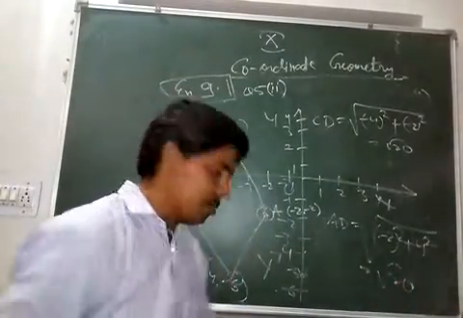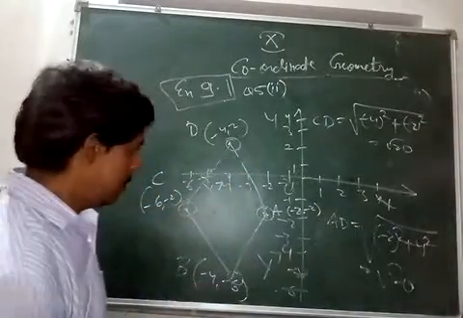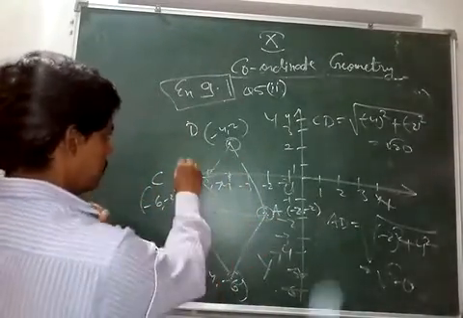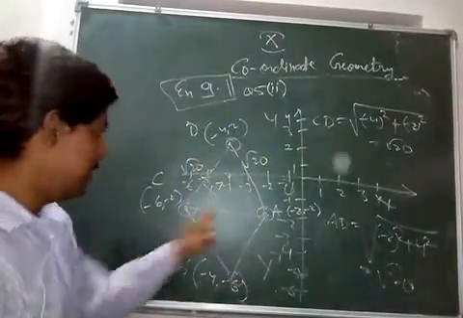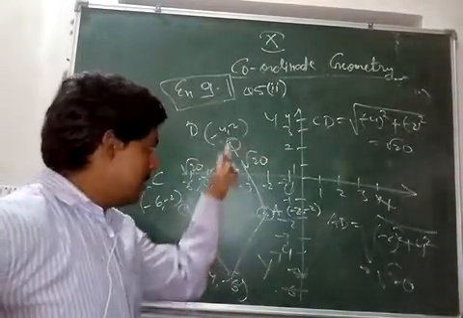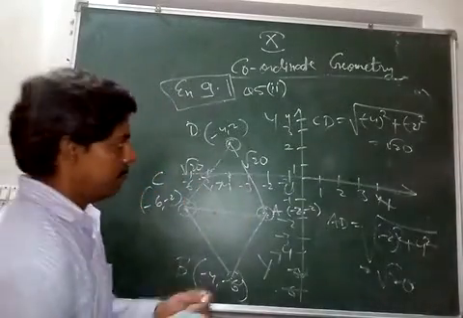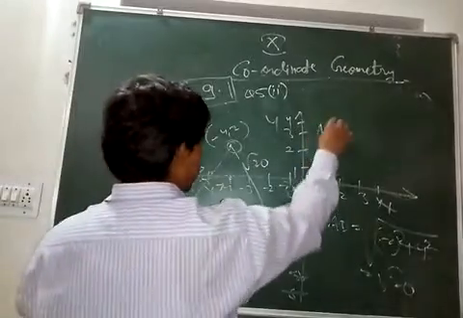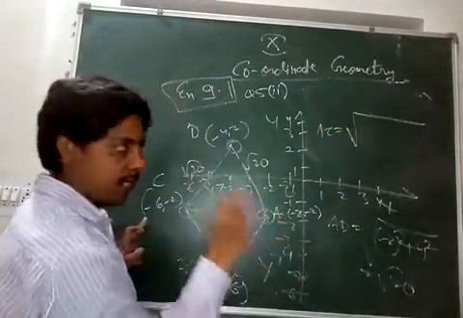Now a rhombus can also be a square if one angle is 90 degrees. So you can check if I join this. This is root 20. This is root 20. Okay. Now if I find AC, and then the Pythagoras theorem is applied, then it becomes a square. So let's find AC. AC is root of -6 plus 2, which is -4,